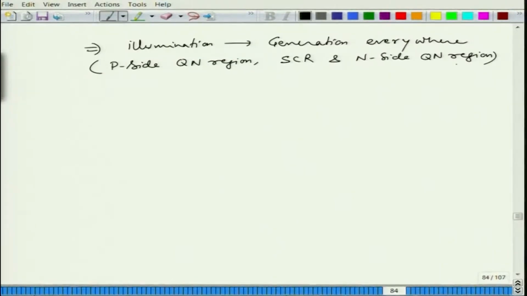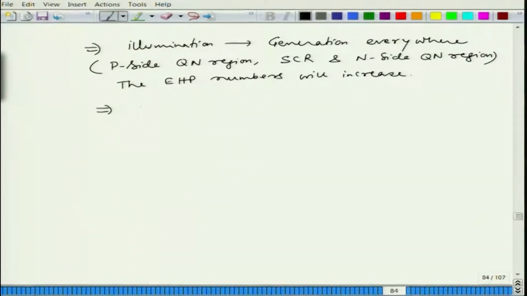Everywhere this will happen. Everywhere the EHP numbers will increase by an equal amount, because we are assuming the illumination is the same everywhere. So, the generation will happen in equal amount, but